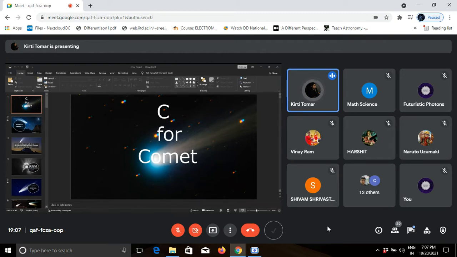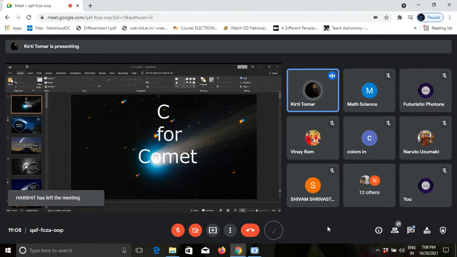So let's have a look at the anatomy of a comet, as you can see in the given picture, in the first and second pic. A comet is made up of four visible parts: the nucleus, the coma, the ion tail, and the dust tail. In the two pictures here you can see the comet anatomy: nucleus, coma, tail, and the gas tail, dust tail. So let's understand the third picture of the comet in detail.